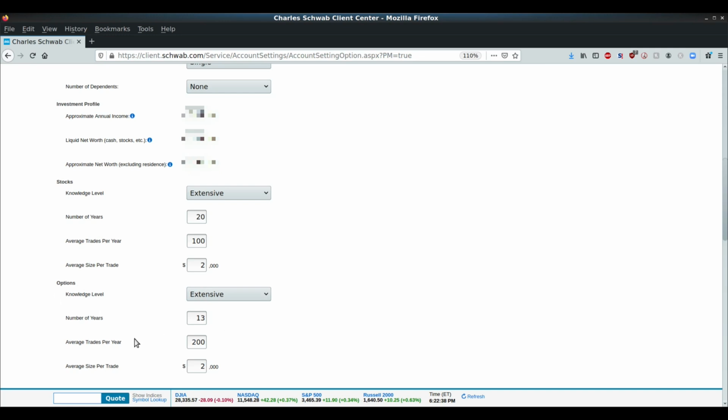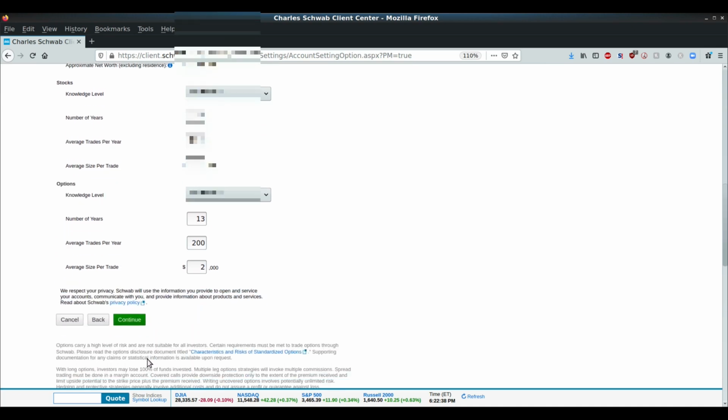Options level experience extensive. I've been trading options for about 13 years, and trades per year, I just put it as 200. I'm just kind of guessing. Now I might not do 200 with this particular account, but overall, I'm just trying to ballpark it. So average size per trade, I say $2,000. So let's scroll down and click continue.